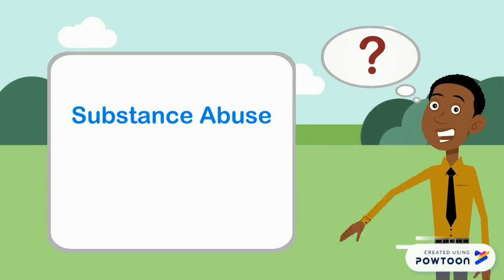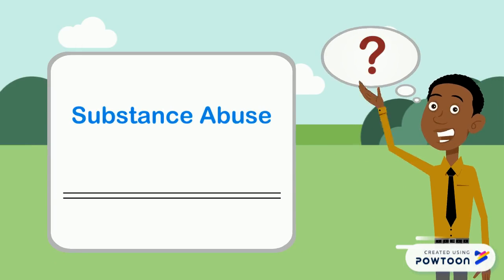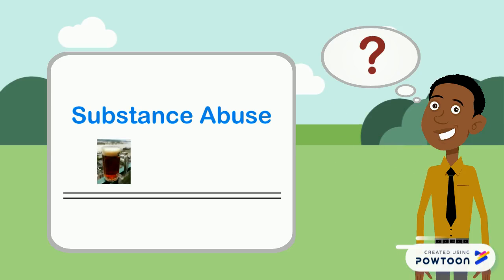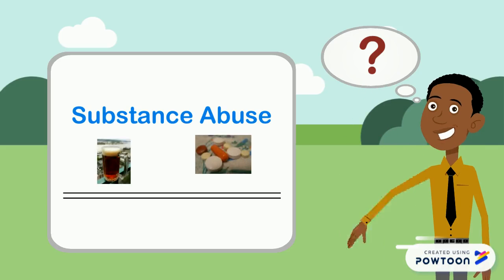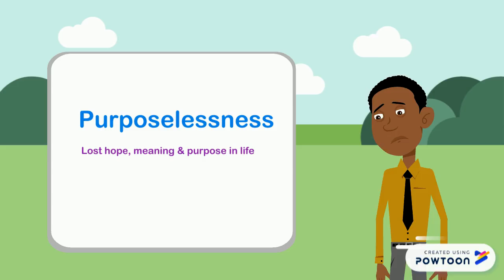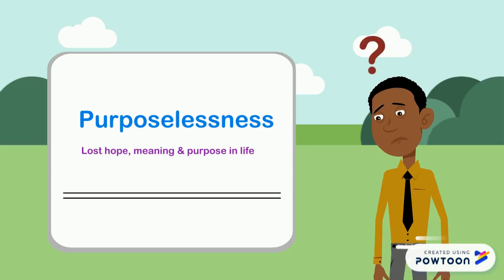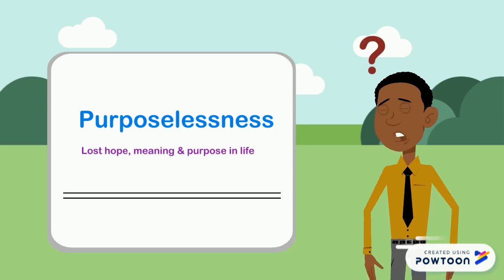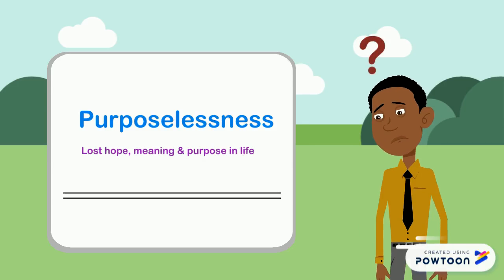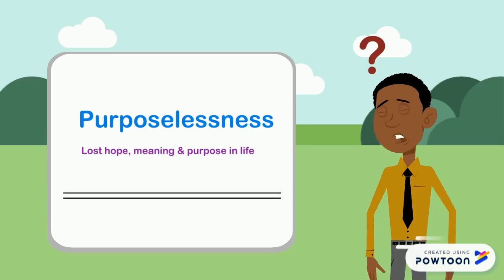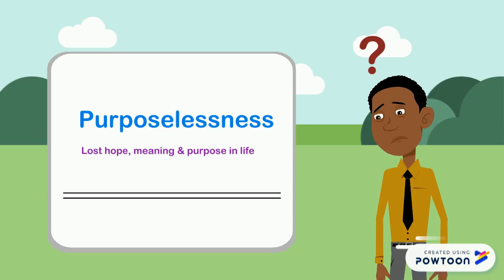Next we want to check for substance abuse, either a history of substance abuse or information and symptoms that the client could be actively abusing substances. We move on to the word PATH in our acronym and wonder with the client if they're experiencing loss of hope, meaning, or purpose, meaning they're displaying signs of purposelessness.